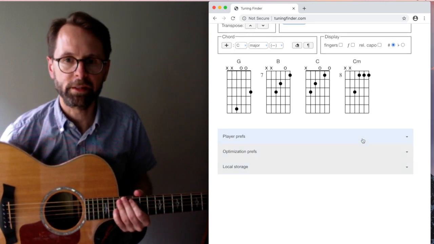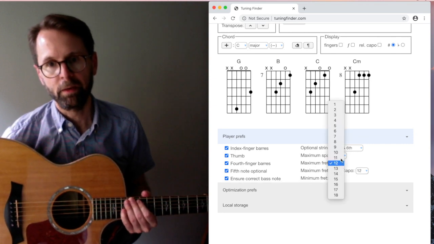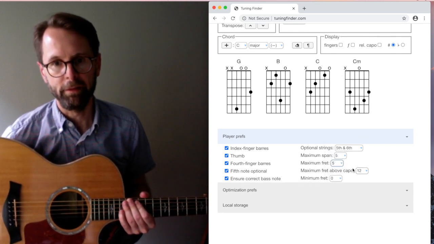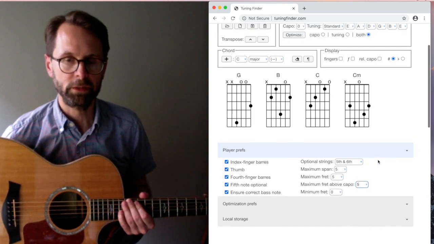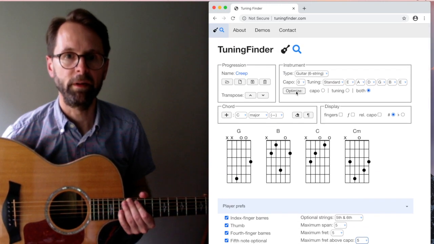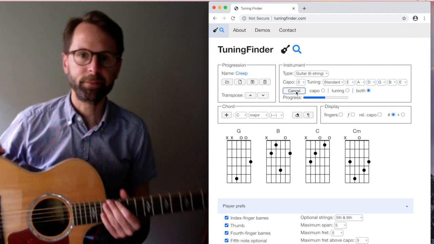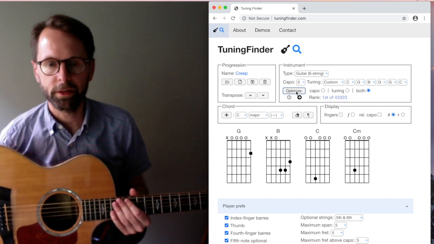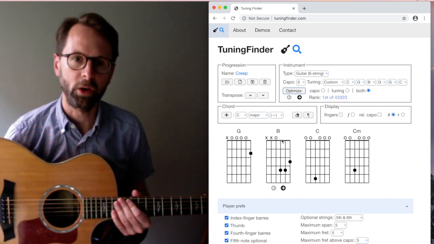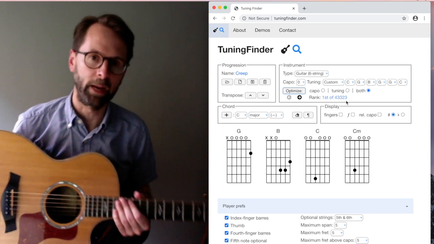But let's constrain the optimization of it. So if we say I don't want to play anything above the 5th fret, either in absolute terms or relative to the capo, then the optimization is going to be quite a lot quicker. So there we go. So what it's saying is the optimal of the 40-odd thousand viable tuning capo combinations,